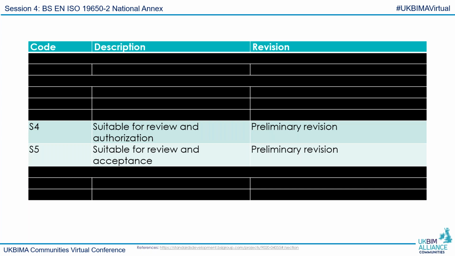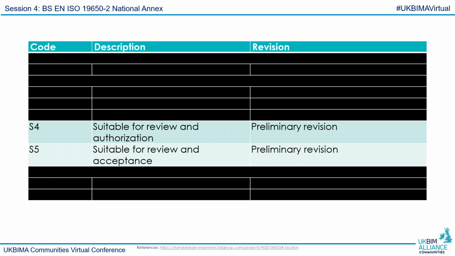And while I've not seen the evidence firsthand, I have heard tales of people actually using S5 to indicate documents that have been withdrawn, as opposed to believing that it was a withdrawn status code. So to resolve some of those issues, it's been reset effectively, and as opposed to using some codes which appeared to overlap slightly, the idea now is that the status codes more closely align to the 19650 process